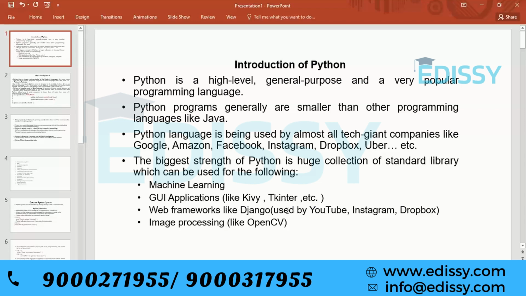Another second thing is Python programs are generally smaller than other languages like Java. I am working with both languages.